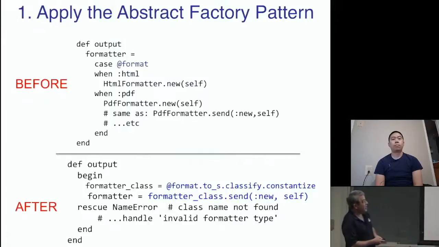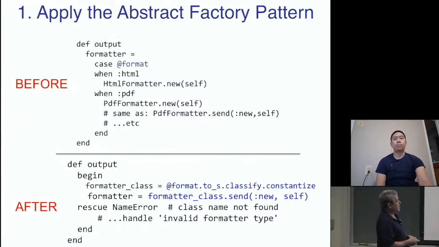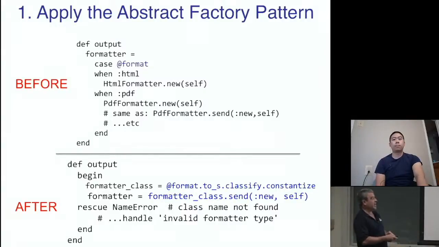But basically, if this statement succeeds, then the value of formatter class will be an actual class object like HTML formatter or PDF formatter. Right? So the assumption here is @format still tells us which class we want to use, but we have to have its value essentially spelled just like one of the existing classes that implements a report format. Because once we have that, we can send to that class the message, create a new instance of yourself, and